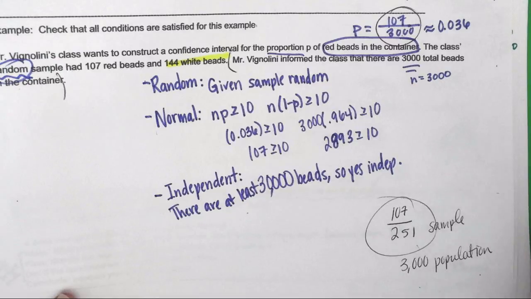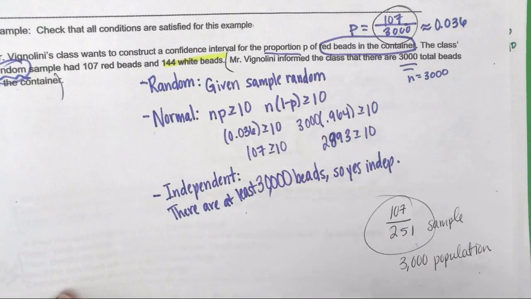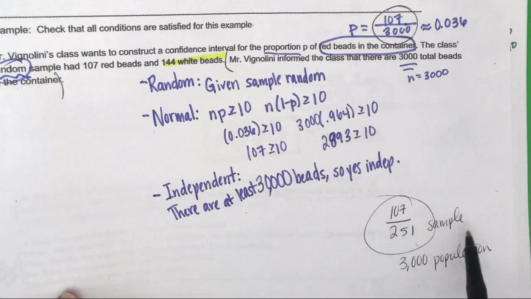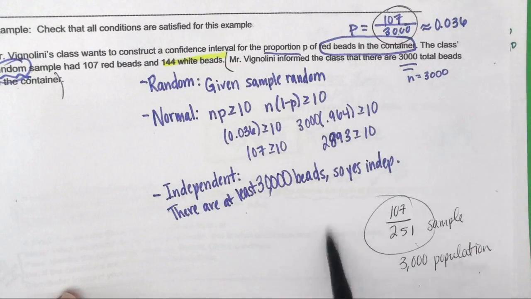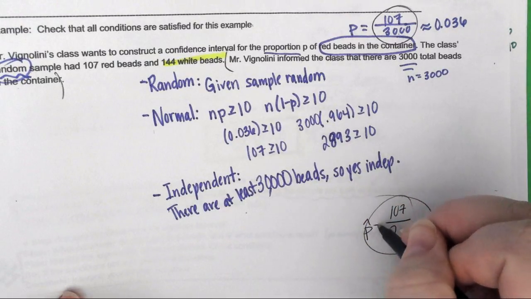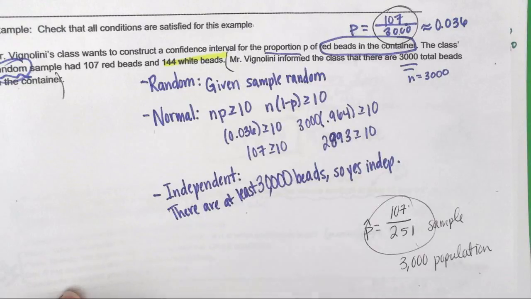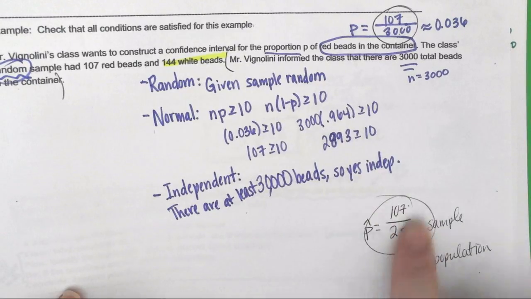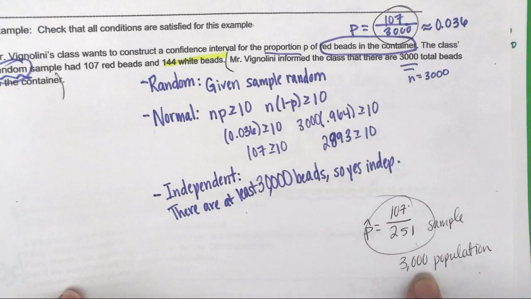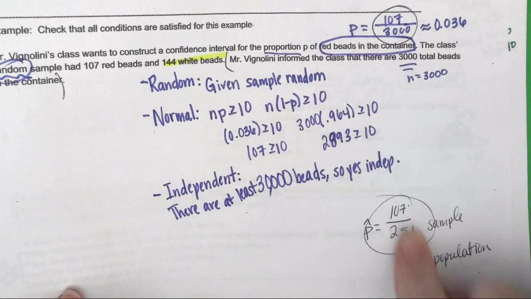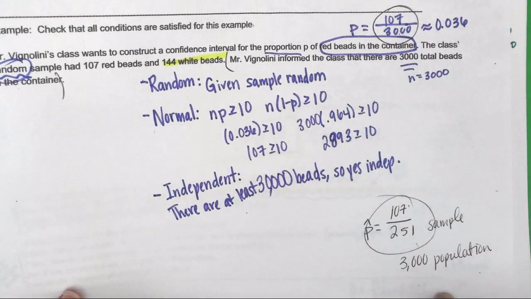Now, is it our fault that the problem was worded that poorly? Heck no. It was worded a lot better when I ran into it in the textbook. The only reason I'm circumventing it and bothering to come back to it, because everything we did was great, because we worked with what we had, and all our stuff is legit, is that we're literally going to use 107 over 251 as our p-hat. So if you were like, but we just did this problem, Miss Compton, we didn't use 251, we used 3,000. I know,